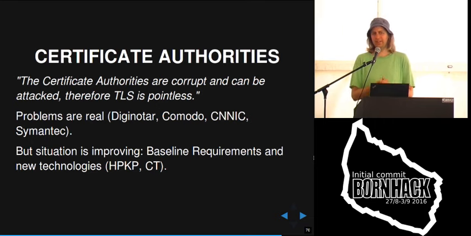But what people fail to recognize is that in the past years, the situation has improved a lot. And one of the developments is that we now have something called the baseline requirements, which is just a written down set of rules how CAs have to operate. And we didn't have that before. So right now, I mean, they are not ideal yet. There's a lot that could be improved, but at least we have some kind of guidelines how these should operate. And also we have new technologies that make it harder to exploit this issue.